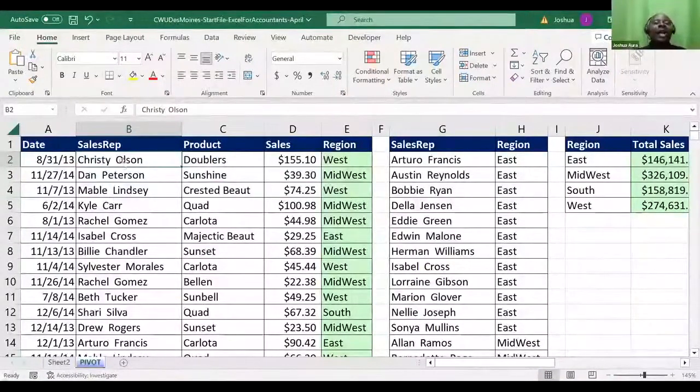And then after clicking anywhere inside the table, could somebody talk to me tonight? After I click anywhere inside the table, what will be the next thing? Somebody who has practiced these pivot tables, after clicking anywhere in the table, what will be the next thing to be done? Who can talk to me tonight and tell me what thing to be done? Aha, insert pivot table. Thank you very much.